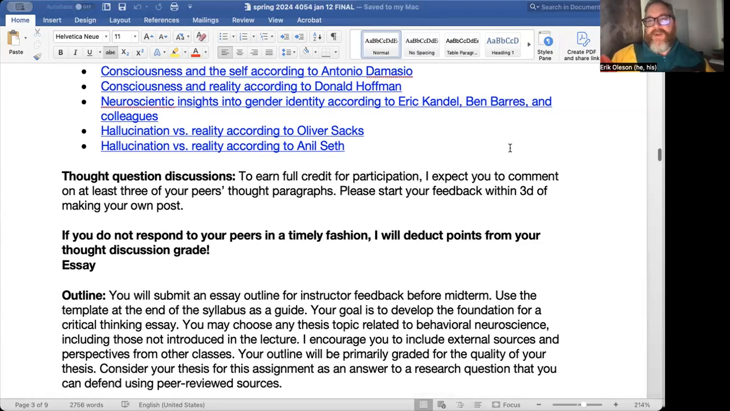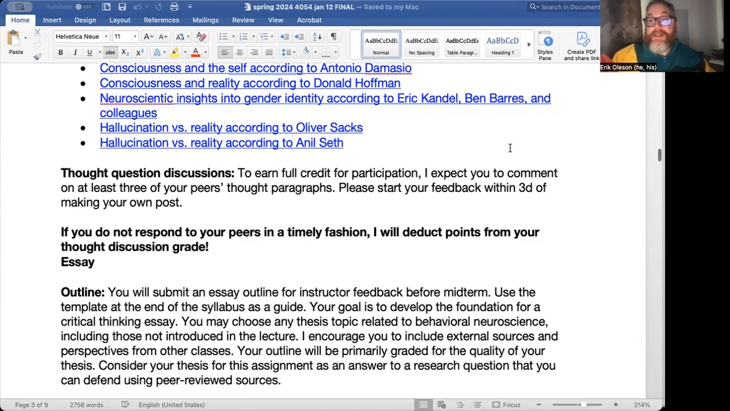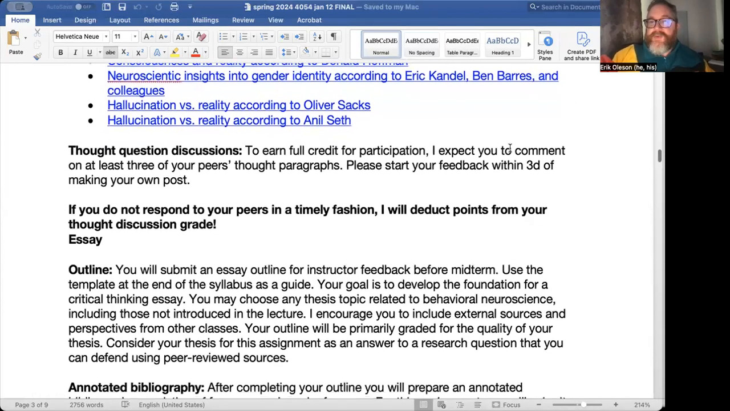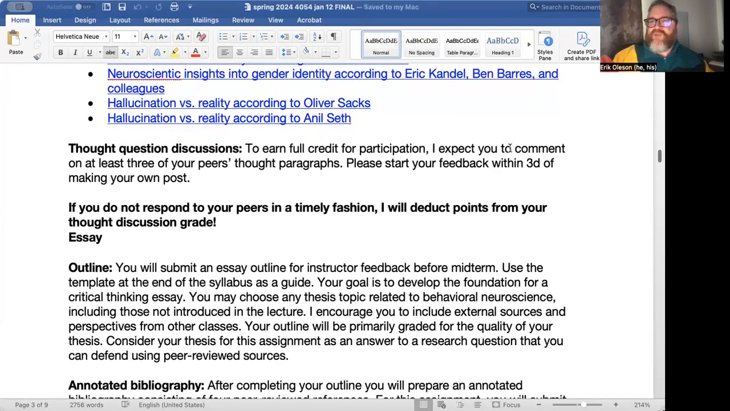Ben Barres was one of the leading neuroscientists that studied glia. Of note, he was probably the most prominent, well-known neuroscientist who is also a transgender individual. I've heard him speak multiple times. And in addition to speaking on glia, which is what he was really known for, and neuroscience and gender identity,